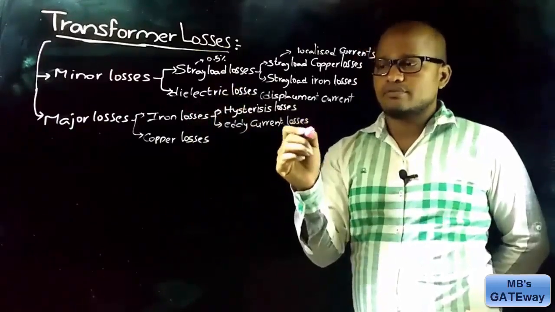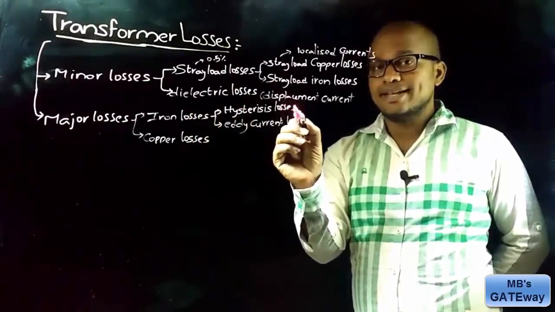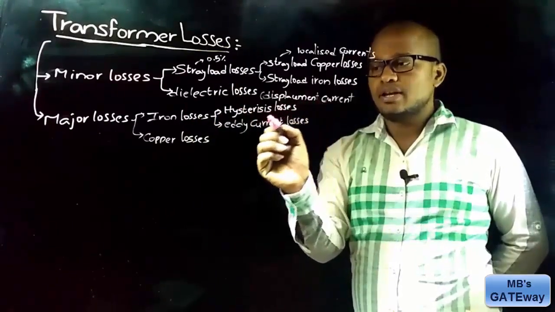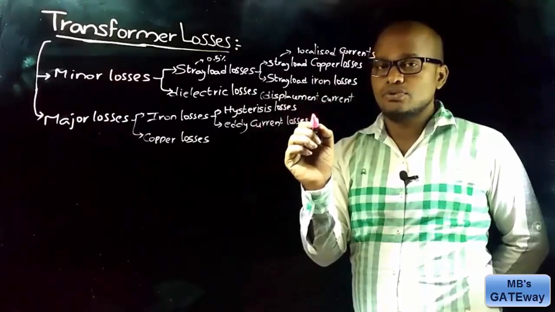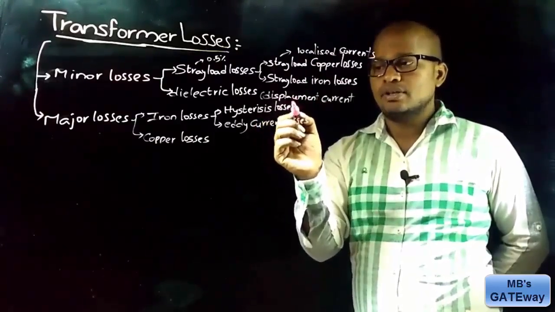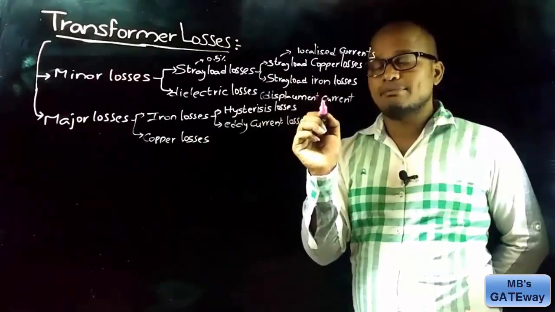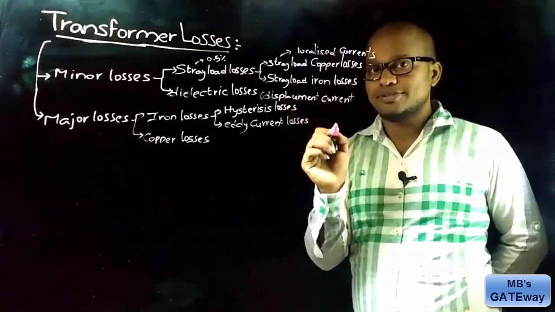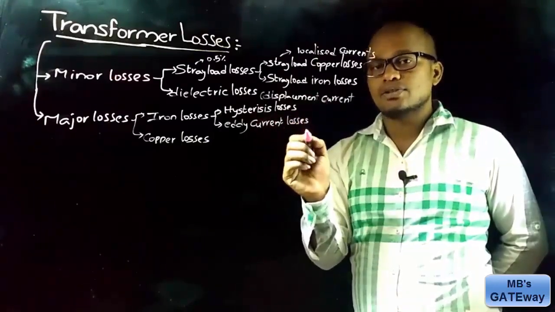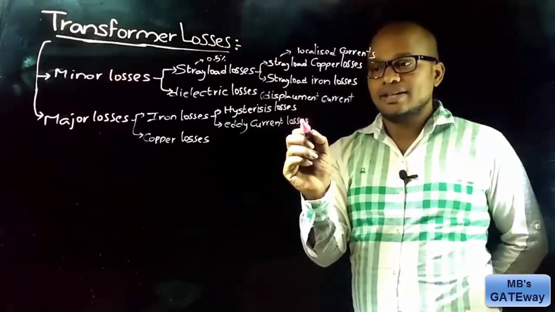During the operation of the transformer, if the V by F ratio is maintained constant, then hysteresis loss is directly proportional to the frequency, and eddy current loss is directly proportional to the square of the frequency. And if the V by F ratio is not maintained constant, then hysteresis loss is directly proportional to V power 1.6 into F power 0.6, and eddy current loss is directly proportional to V square, and in this case eddy current losses are